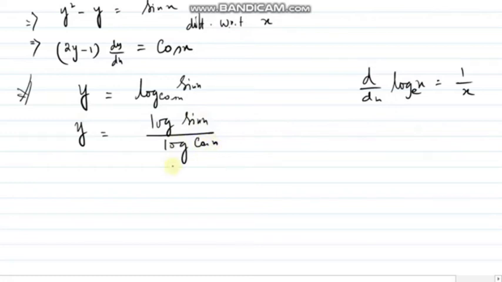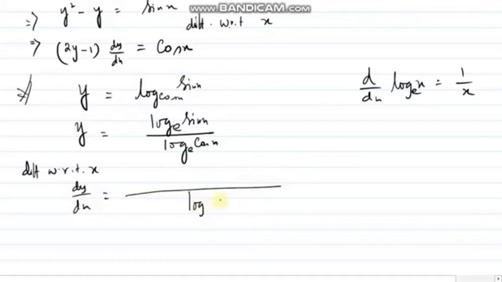How can we write this? For further reference, you can check my video on logarithm. So log sin x divided by log cos x. Now if I introduce base in both the cases, we can use differentiation. Now the differentiation formula, d dx of y, that is dy dx. The right hand side will be log cos x whole square.